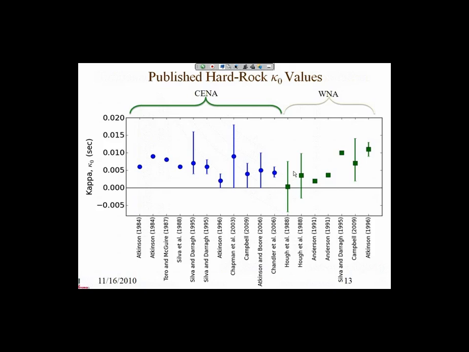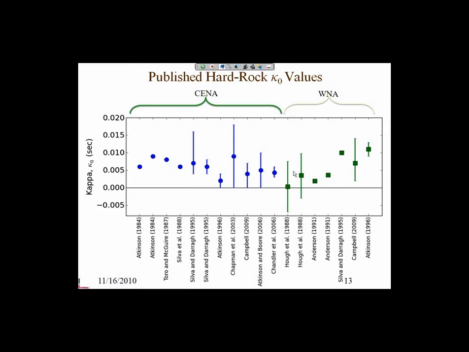Now, just to say, a lot of people have had a problem with such low values in the east. And the idea is, wow, are they really that low? And are there analogs in the west? It turns out there are analogs in the west. And on the right, the green ones are actually very hard rock numbers in the west. On the left of those greens actually are a couple of sites at Anza in Southern California. It's a granitic batholith, very massive. It's very much like eastern rock. It has velocities that are similar to that. Turns out a lot of data has been recorded at Anza. There's earthquakes all the time. Kappas are very small. You can see them.